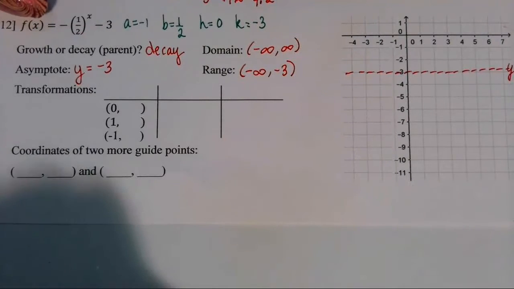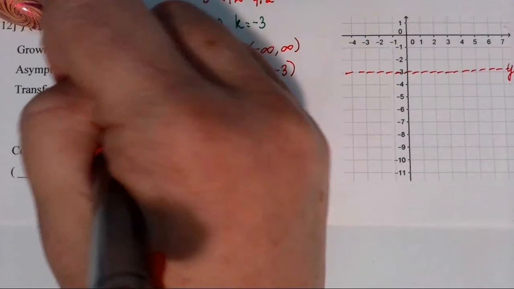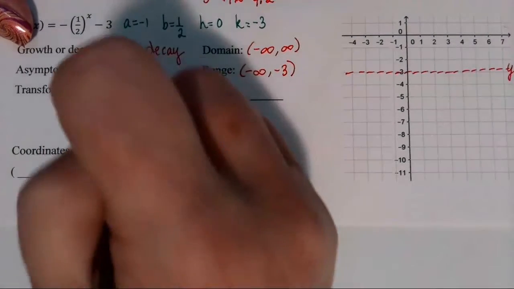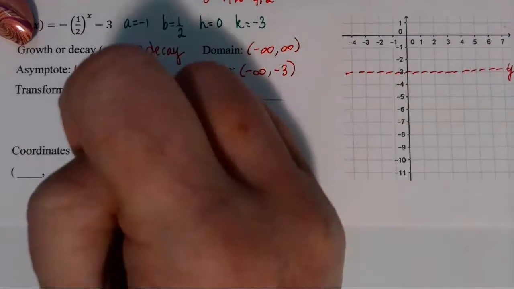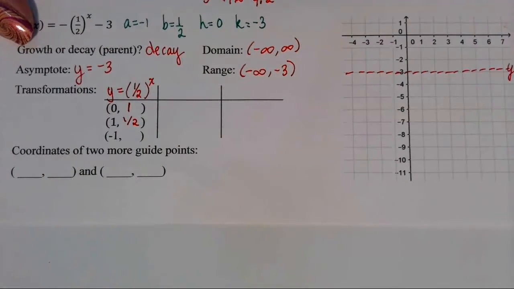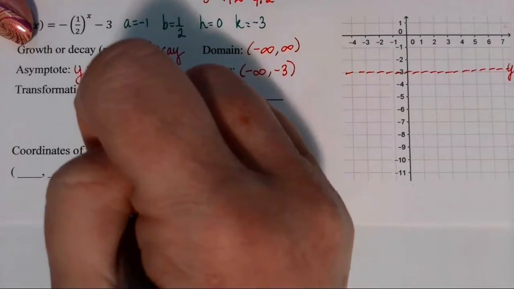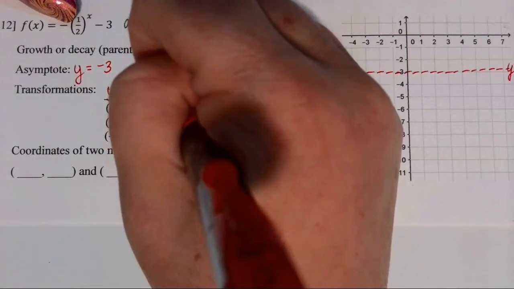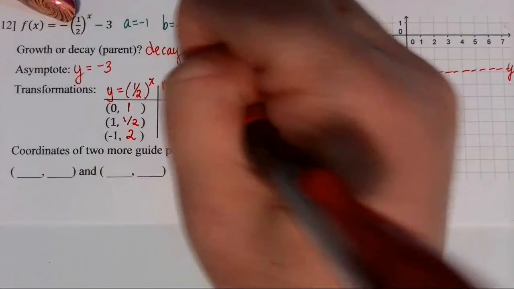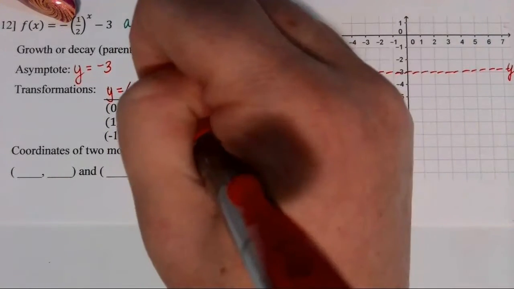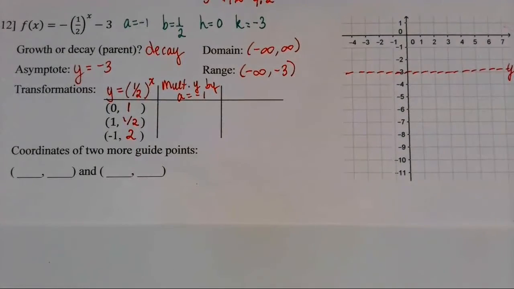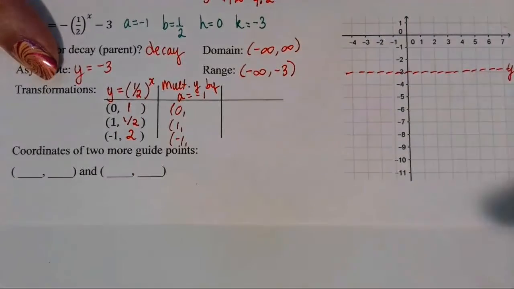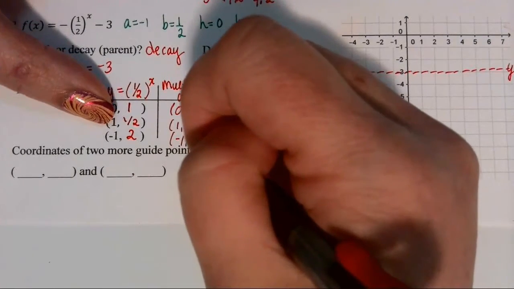Okay, the anchor points for our transformations are going to come from the parent graph, which is y equals 1/2 to the x power, and that passes through (0, 1), (1, b), and the b is 1/2, and (-1, 1/b), the reciprocal of b. The reciprocal of 1/2 is 2. Okay, then we're going to multiply each of these y values by the a, and our a is -1. So all of the x's in these coordinates will stay the same, and then the y's are all going to change sign